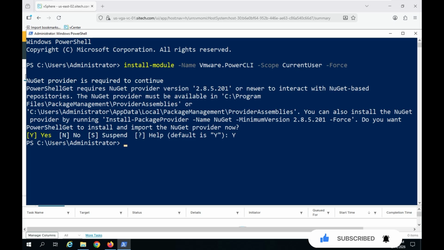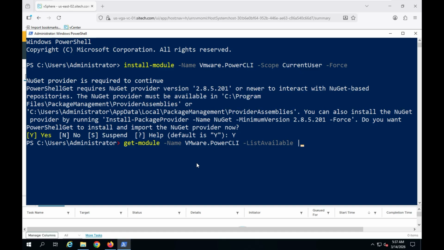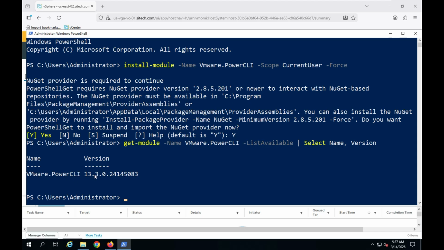So the installation has been completed. Now we will verify the version, and for that we will use the command Get-Module -Name VMware.PowerCLI -ListAvailable | Select Name, Version. Okay, so this is the command, and you can see here we now have VMware PowerCLI 13.3